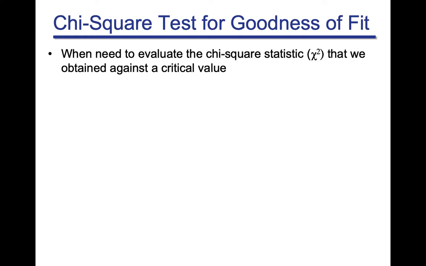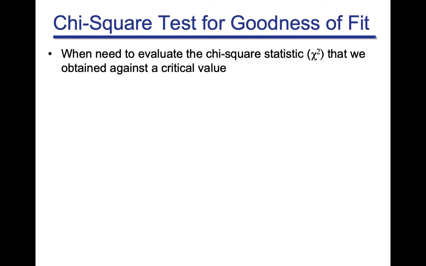Just because of random chance, just because of sampling error, we could get a chi-square that is larger than 0, but still not be statistically significant. That is, we could observe differences between our observed frequencies and our expected frequencies,